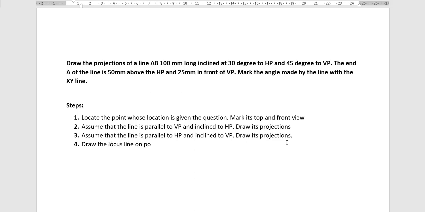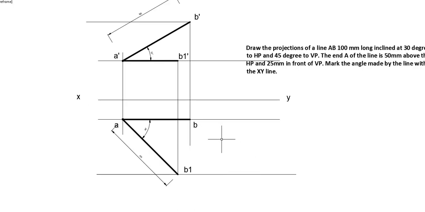on both the views, that is the top and front view. That was the fourth step. Now let's move on, we'll just complete it now. So let us think that this line has the information regarding its inclination with the HP. Okay, I'm giving you a sort of concept so that you can remember it. The line AB 100 millimeter long is inclined at 30 degree to HP.